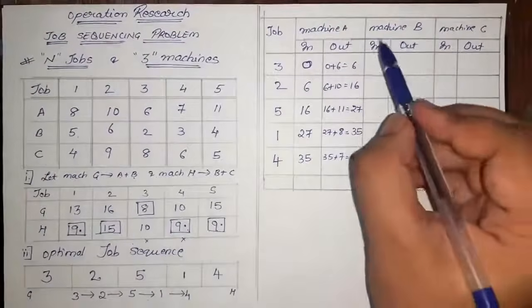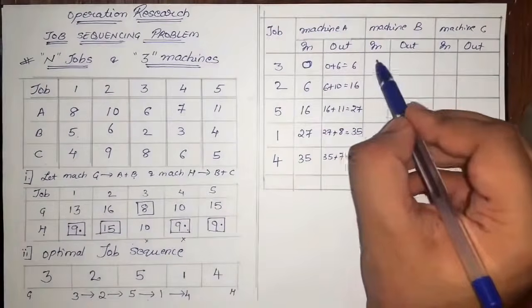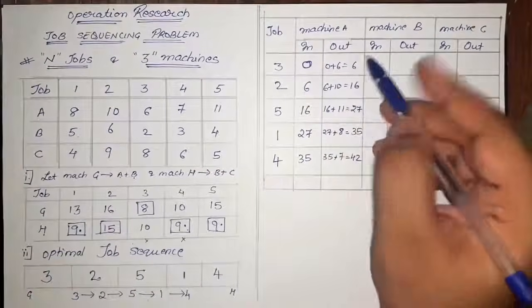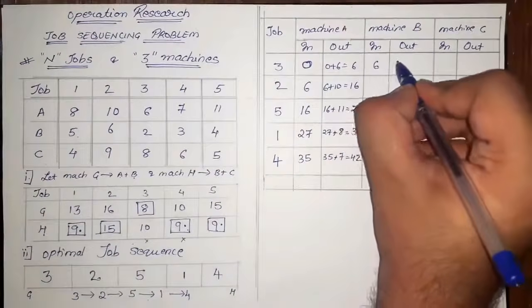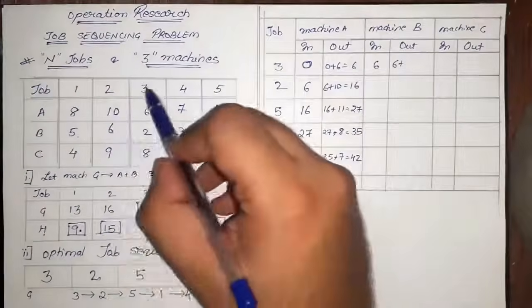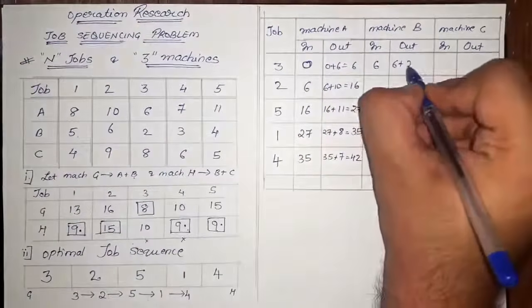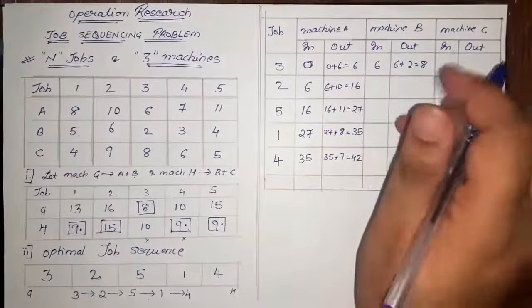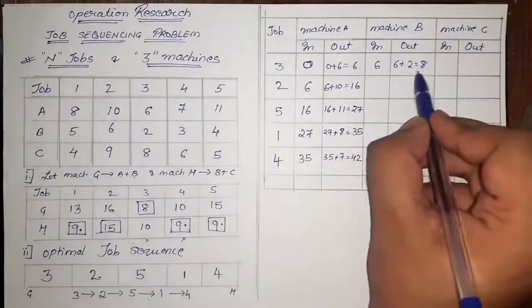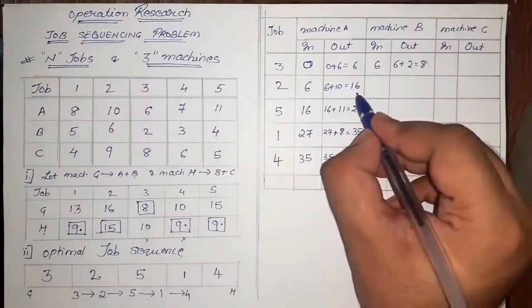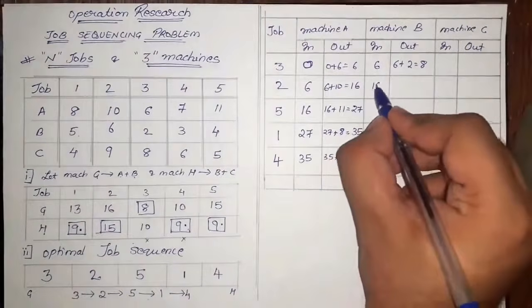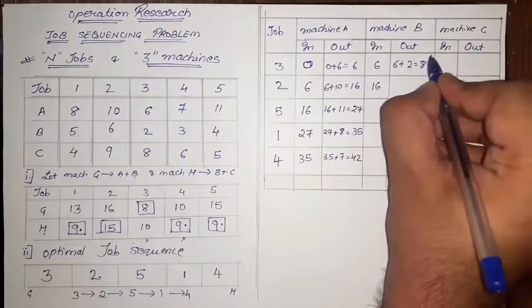Similarly for machine B, the very first in time will be after the out time of A. So A has taken 6 hours, so the in time will be 6. Now 6 plus job number 3 for machine B is 2. So 6 plus 2 is 8. Now the out time of B is less than the out time of A. So whenever this is less than this, we'll have to note down the higher value, meaning there is some idle